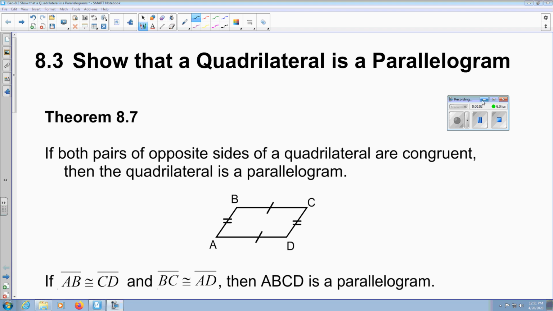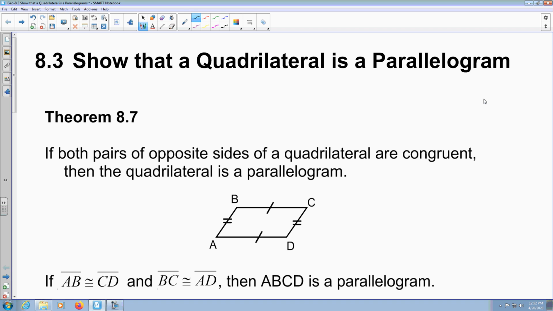All right, we're in section 8.3 where we're going to show that a quadrilateral is a parallelogram. So, if you remember from 8.2, we had a definition of a parallelogram where we talked about the different properties. Basically, what we said was anytime a quadrilateral is a parallelogram, it means that